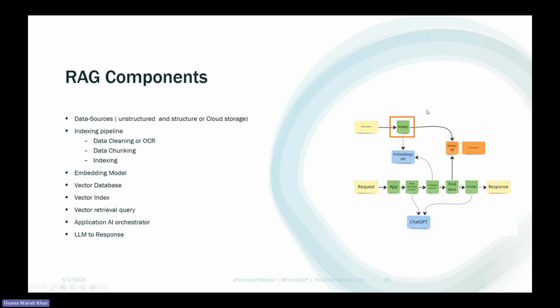In order to automate this whole process, there are lots of tools available. Some of the most important components are data sources. If data sources are structured or unstructured, you have to apply data engineering mechanics to them, to process the data and convert it into chunks. Second, a pipeline strategy and indexing strategy. You need to clean OCR data, perform data chunking, and start indexing. How will this index be updated, and which particular database will you use for that?